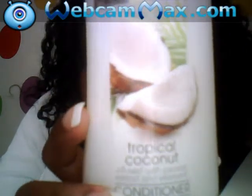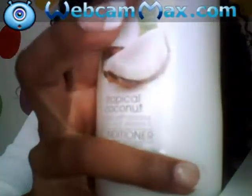Suave Naturals Tropical Coconut. Smells really good. Yeah, it smells good. Conditioner, and I put it in just like I did the shampoo, and I just pinned it up with these and put on a shower cap for about an hour or so, and you can even sit under a dryer, but